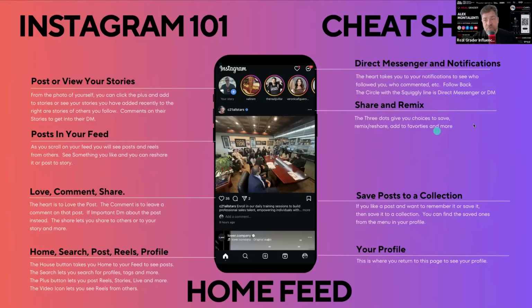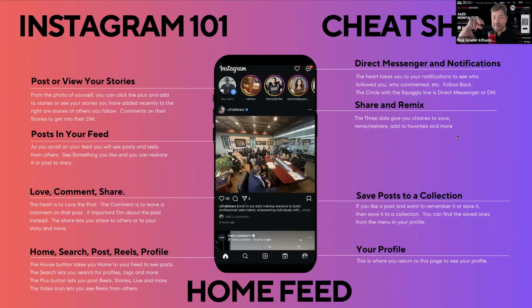Fred, great question. What is remixing a post? Remixing a post is when you see a post and you want to remix it and share it to your story, or you want to repost it as a reel. So let's say Tony Robbins does a great post, or somebody does some inspiring post, you could actually remix it, meaning share it as one of your posts. That would save you all a lot of time and energy, right? If you saw a really good post, you could just share it like your own and put in a few words. The few words is the remix, right?